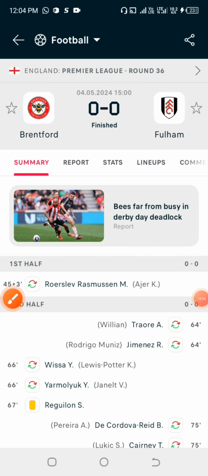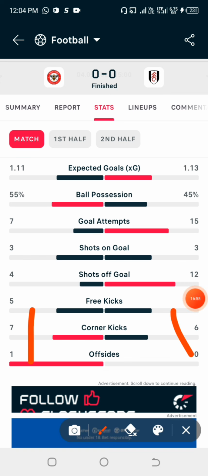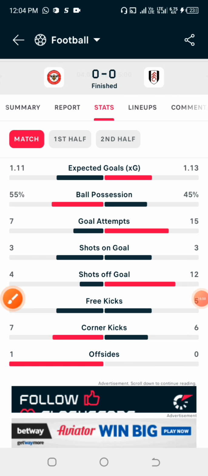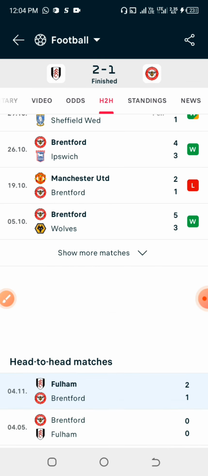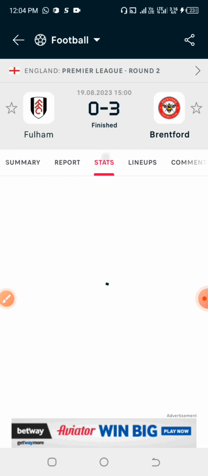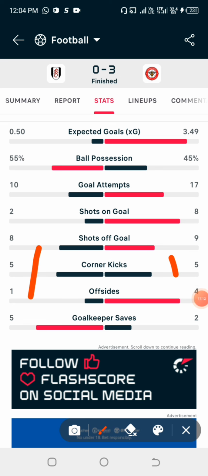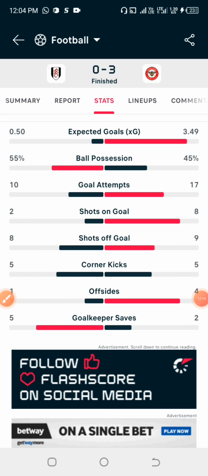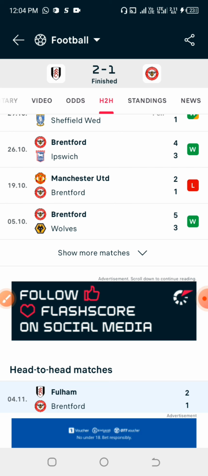If we look at the total corners they had in the last game here, they had 7 and 6. Games that we are going to predict as over corners will obviously show through their stats. So we have 7 and 6, making 13. And looking at the other one, 13. And looking at this, we have 10. So adding 13 and 10 together, surely we are getting 23. And don't forget, from the last 2 games of the home team and the last 2 games of the away team, we got 43 total corners. And in the last 2 games they had together, they had a total of 23 corners. Now adding both together, we are getting 66.